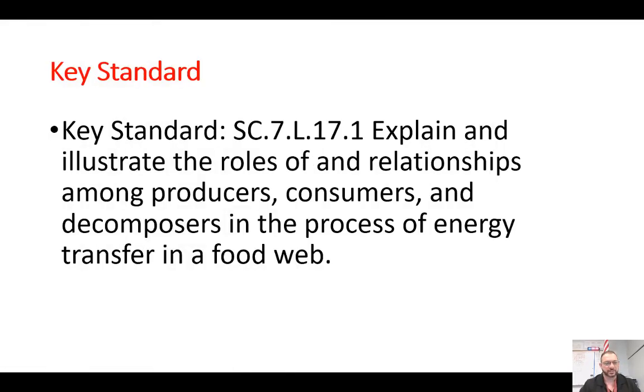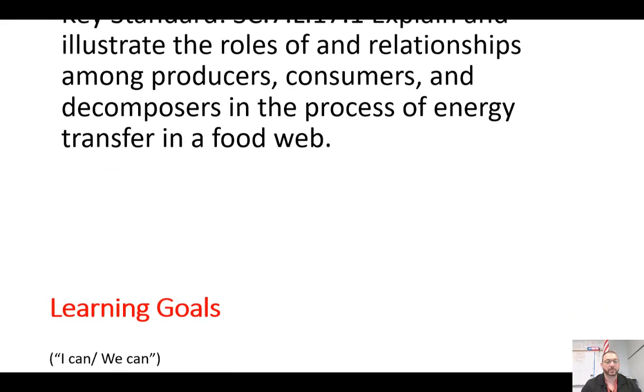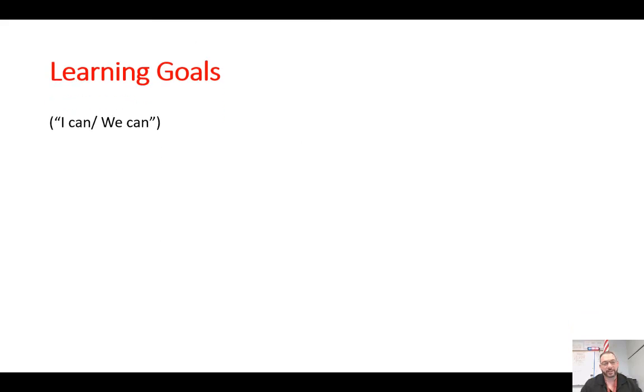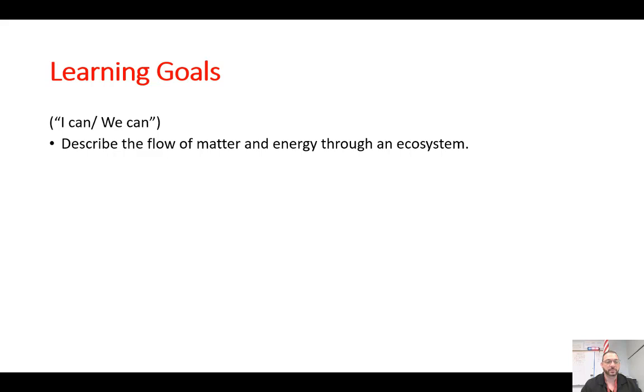All right, the key standard that the state expects you to be able to understand and know is SC.7.L.17.1. Explain and illustrate the roles of relationships among producers, consumers, and decomposers in the process of energy transfer in a food web. So learning goals: I can, we can, describe the flow of matter and energy through an ecosystem,